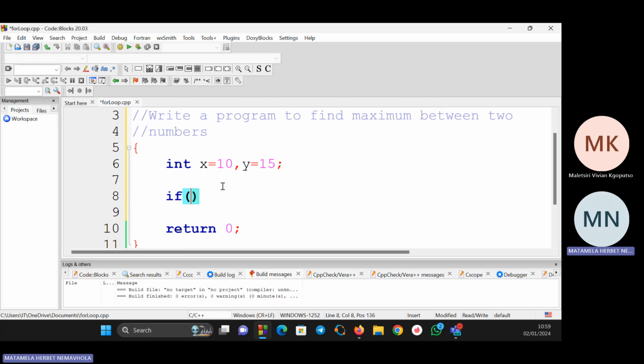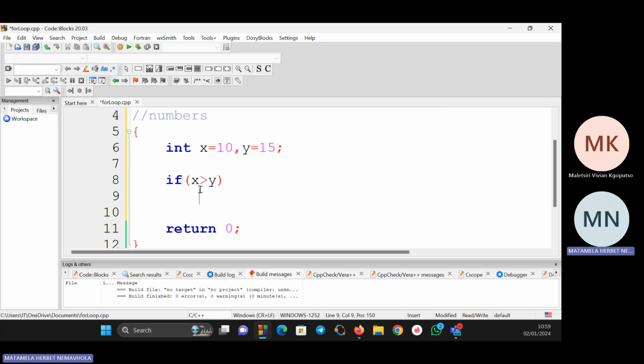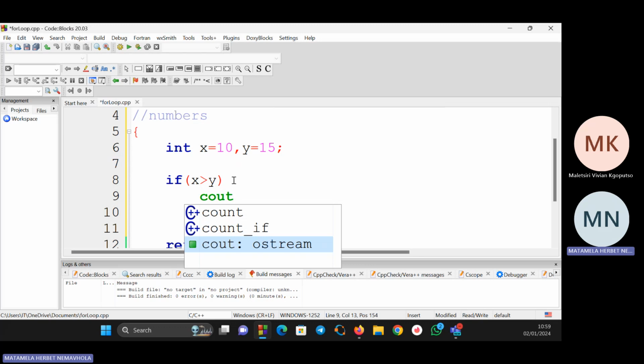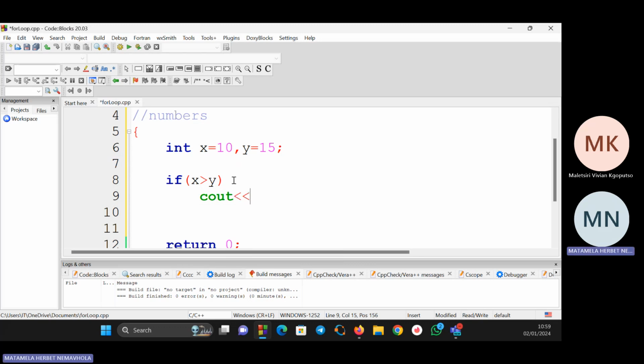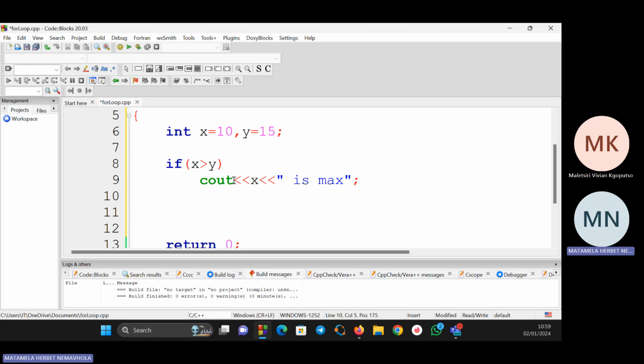So we can say if x is greater than y, which one is greater? If x is greater than y, which means x is going to be the maximum. So we can say cout, x, and then "is max". I'm trying to abbreviate. Else, if x is not greater than y,